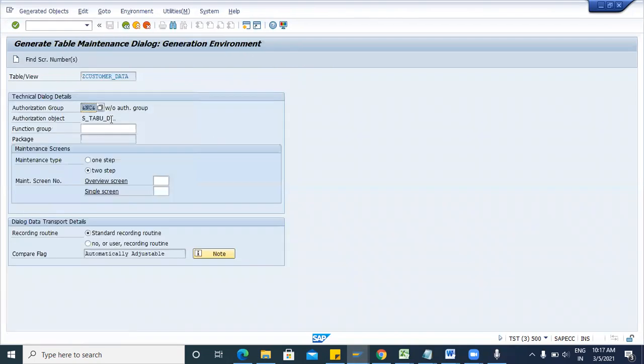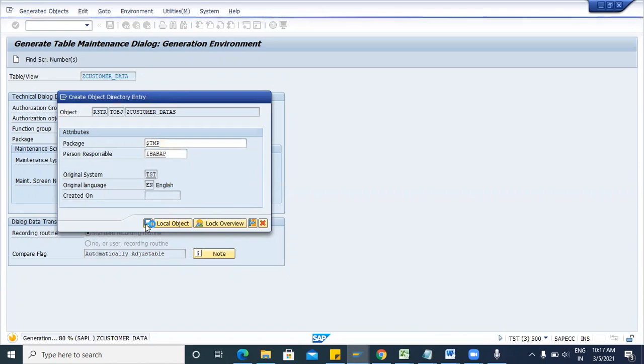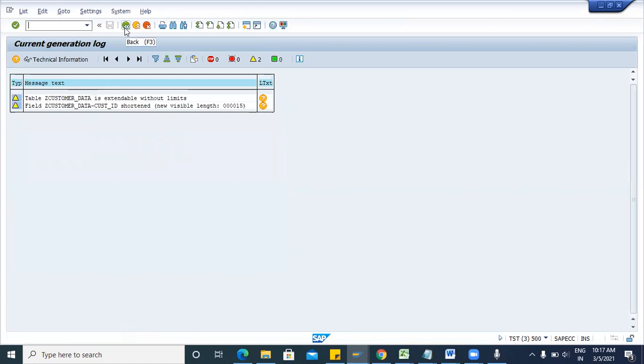Utilities, table maintenance generator. Then again we will create this one step, find screen number, enter, create, save, save, just go back.